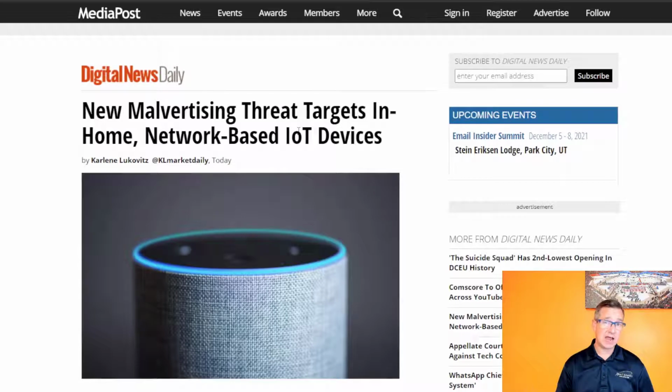And that's exactly what these hackers are doing. They're contacting these advertising networks. And before you say, whoa, your knee-jerk reaction is going to be, why aren't the advertising networks policing this? Well, the advertising networks really can't tell when somebody's injecting malicious code through an ad. It's really not something that they have the technology to do right now. Not saying that that's not going to be a thing that comes in the future. But right now, there's a lot of different ways that you can inject code through an